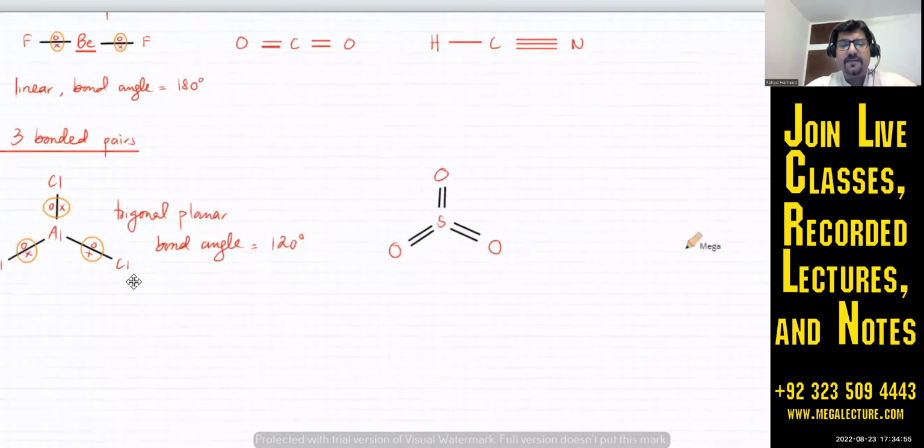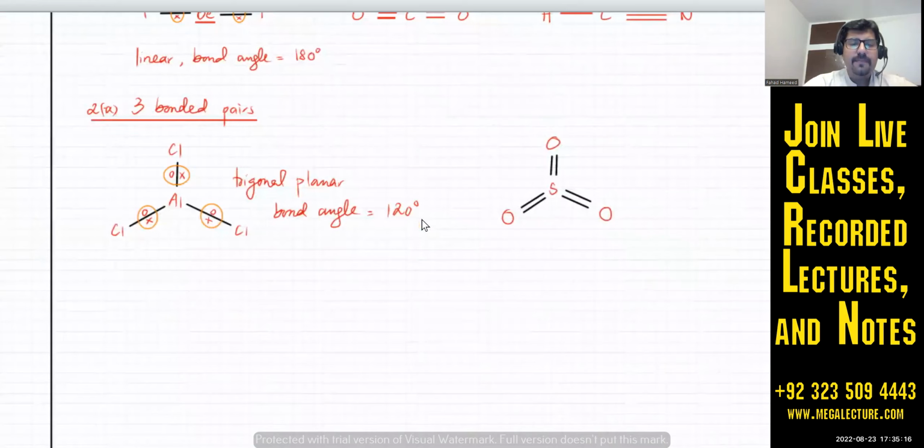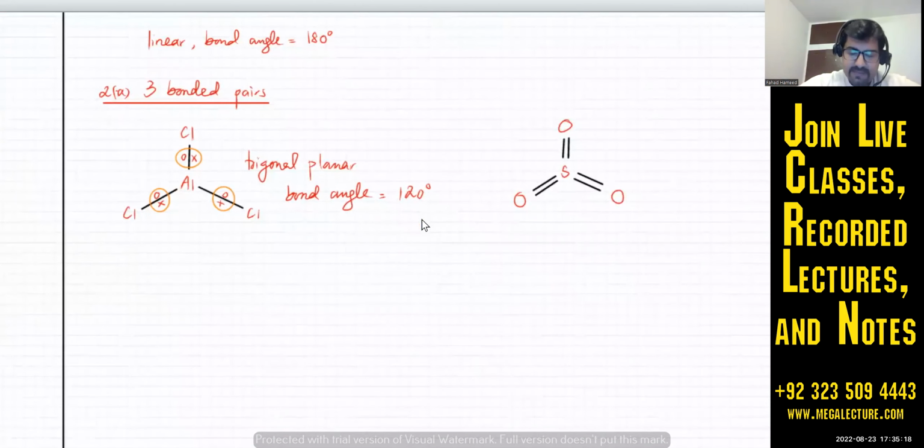Similarly, sulfur. Sulfur is group 6. Group 6 means that it has 6 valence electrons. 2 electrons involved in bonding over here, 2 of them over here, and 2 of them over here. So nothing is left behind, okay? So all 6 electrons have been used up. But sometimes there's going to be another variant of this,